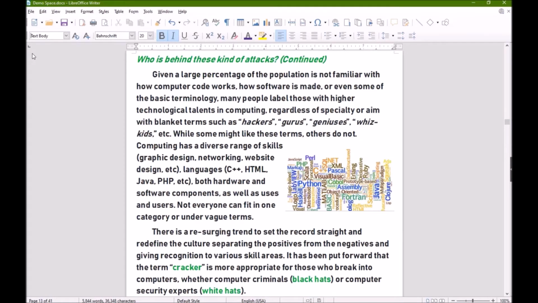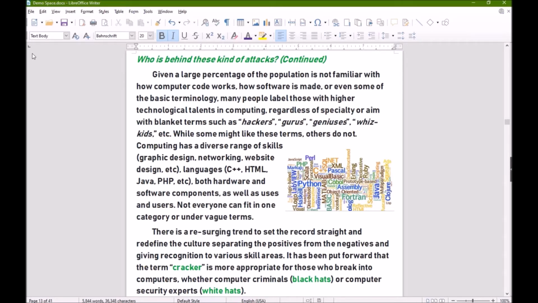Given a large percentage of the population is not familiar with how computer code works, how software is made, or even some of the basic terminology, many people label those with higher technological talents in computing, regardless of speciality or aim, with blanket terms such as hackers, gurus, geniuses, whiz kids, etc. While some might like these terms, others do not.